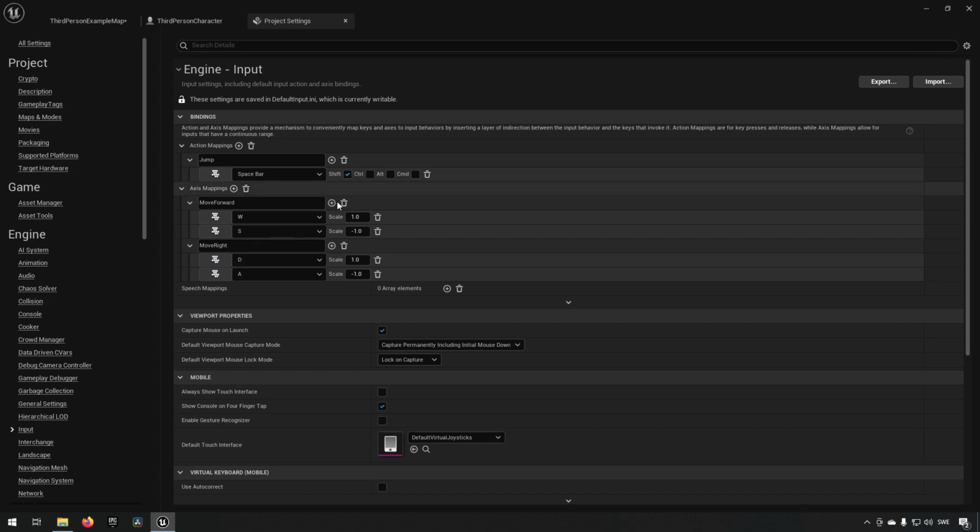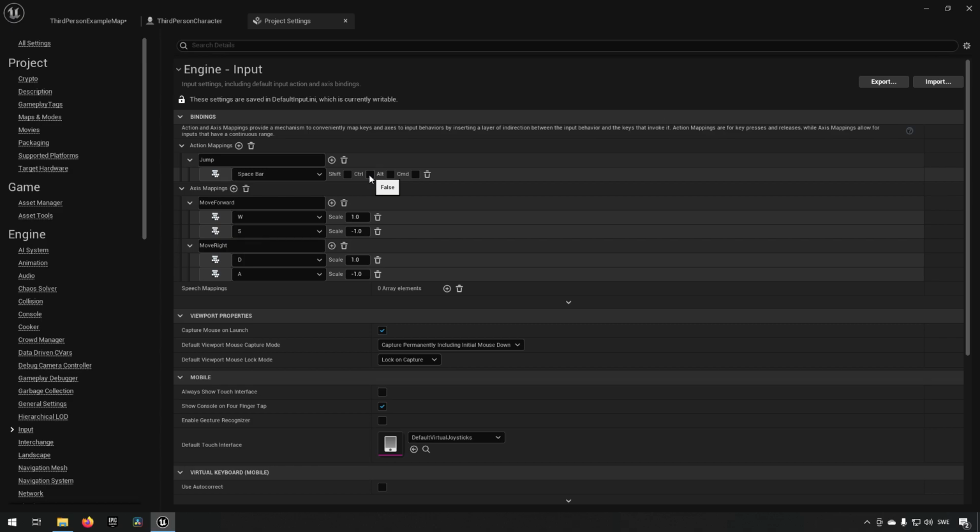So if I was to click in shift here, this particular event wouldn't happen unless I held down shift and pressed spacebar. Or if I had both shift and control marked, then it would need me to have both shift, control and spacebar, and I would start to have to be an octopus to be able to jump in this game, right? Now, we just want the spacebar. We want to keep this simple to begin with, but this is good to know